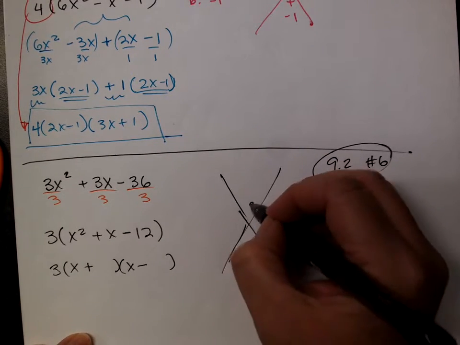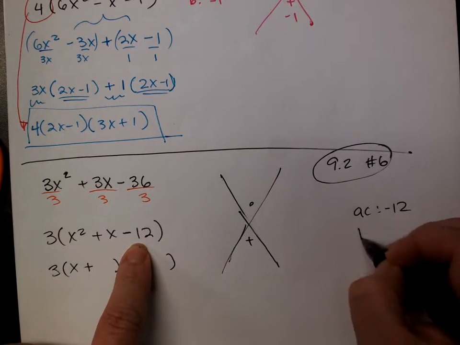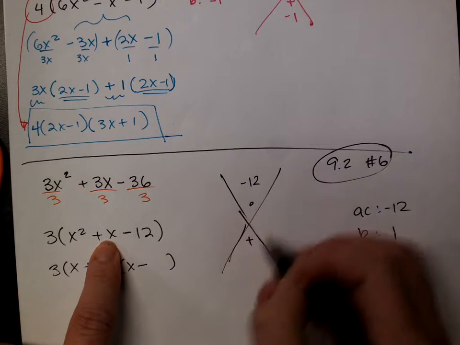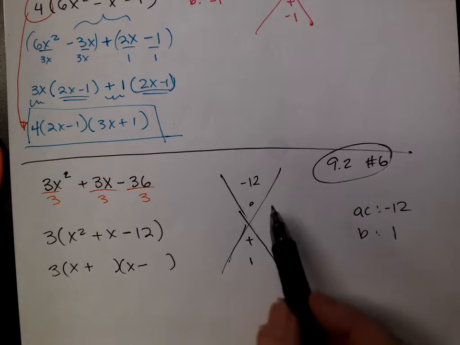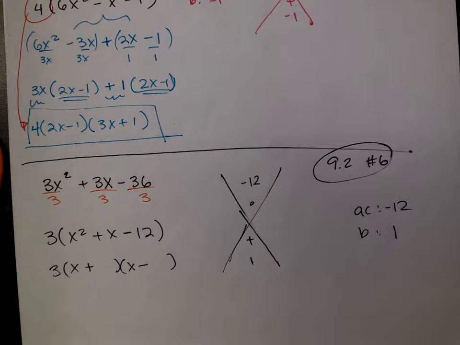So I've got an AC of negative 12 and a B of positive 1. So negative 12 and positive 1. Now you can use your calculator. Hopefully with smaller numbers, try and do as many of these mentally with homework. That's the whole point of homework, is to develop those mental skills and those strategies. But of course also be comfortable with your calculator to back you up under test pressure time or with really